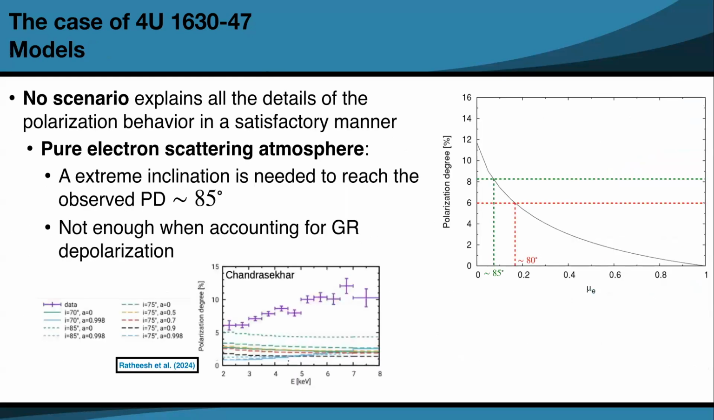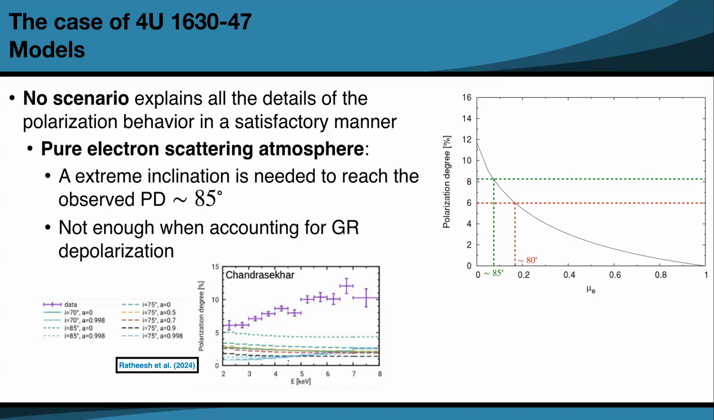So regarding the possible modelization, for the time being, there is no scenario that explains this observation or the details of the polarization behavior in this case. The simplest model is to just do what we did for the other sources, so try to explain the observation with the standard disk scenario. So assuming a pure scattering atmosphere, however, as you can see here on the right for the Chandrasekhar prediction, in order to reach the 8.3 level of polarization,